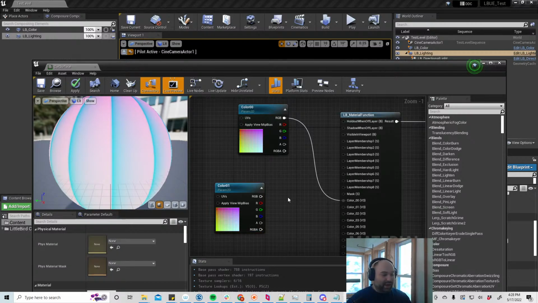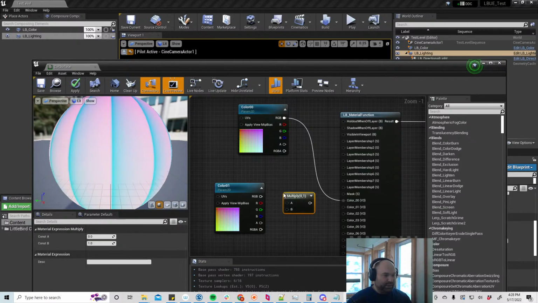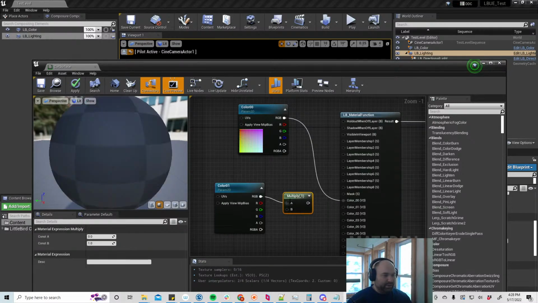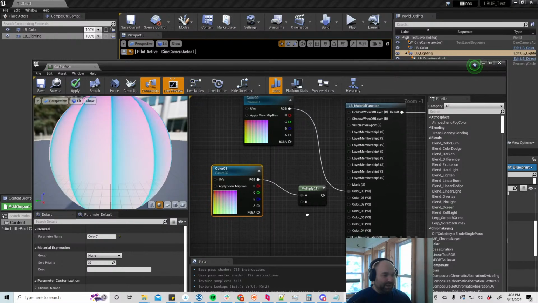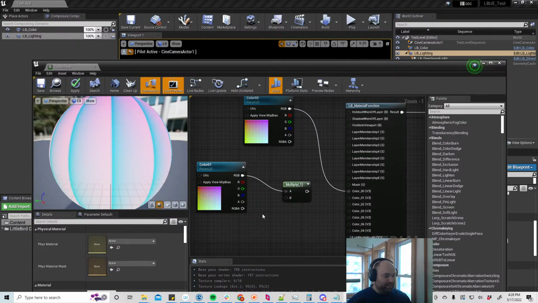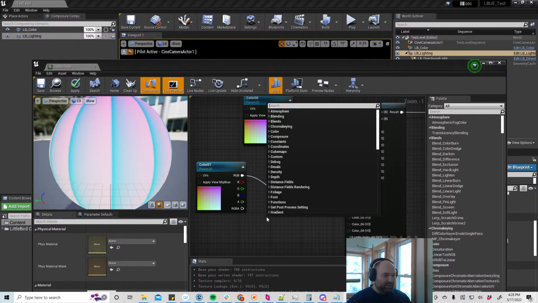So in this case, I'm merely going to darken it right here. I'm just going to put a multiply in here. I think I can do that. Yeah, that works. I'm going to multiply it. Actually, I'm not even going to multiply it by a single value. We're going to be able to put anything we want in here. I'm actually going to make it a parameter, a vector parameter,